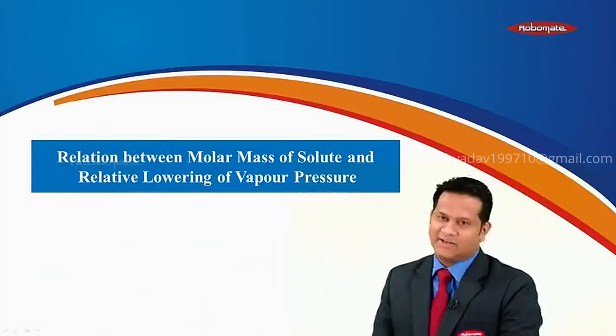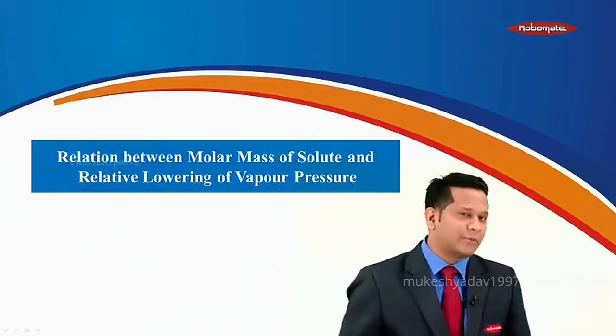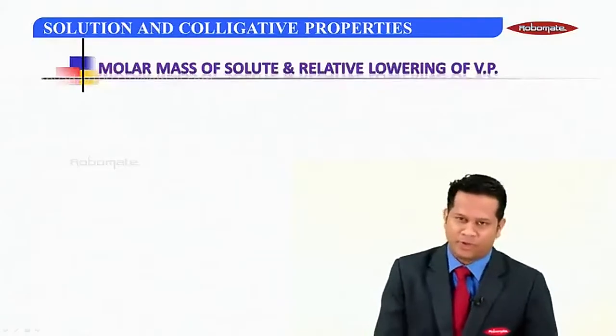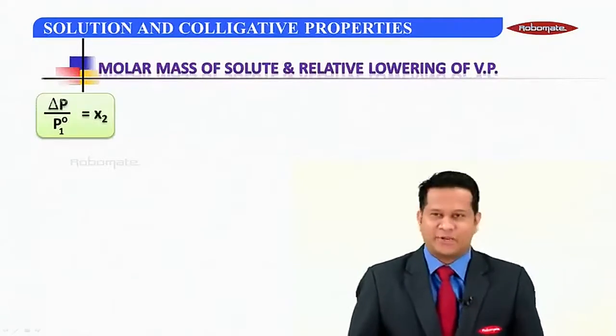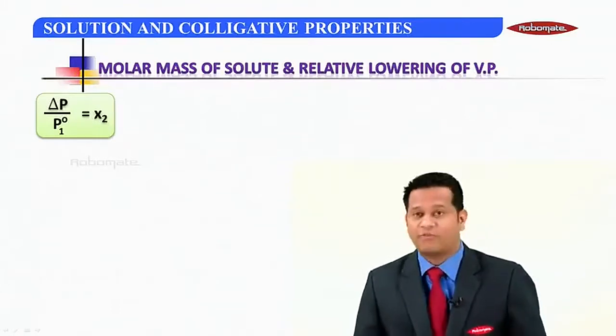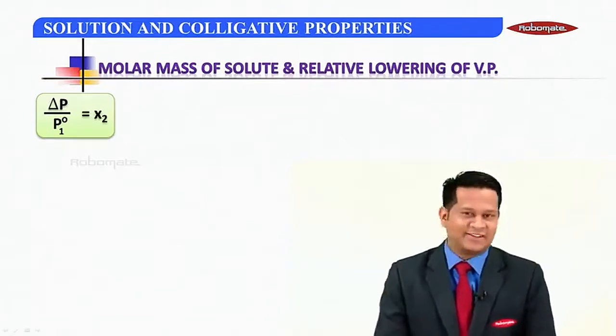Hello everyone. Let us learn the relation between molar mass of solute and relative lowering of vapor pressure in this particular module of the chapter Solution and Colligative Property. We already know that delta P upon P0 1 is equal to X2, that is nothing but the relative lowering of vapor pressure is equal to the mole fraction of solute, and I can say that here delta P is nothing